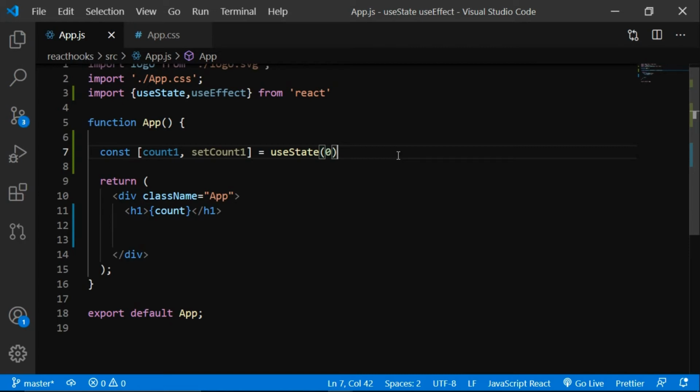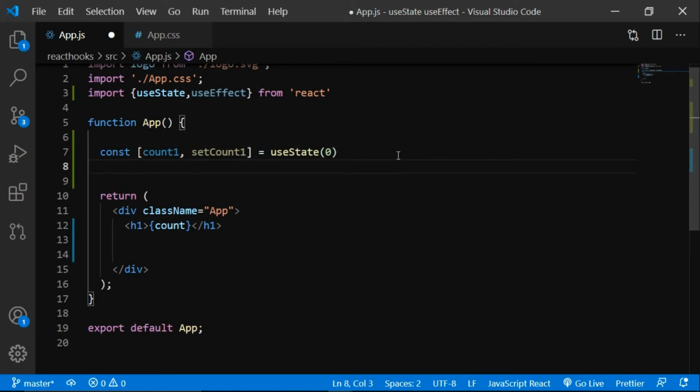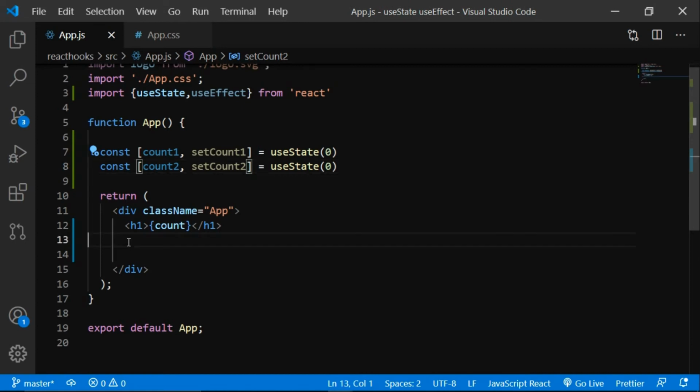For now, let's declare one more useState here. Also, you can just copy the whole thing, Control C, and paste it on the 8th row, and make this count2 here, count2 and setCount2. It's perfect now. So let's declare one button, and then we'll talk about what we're gonna do.